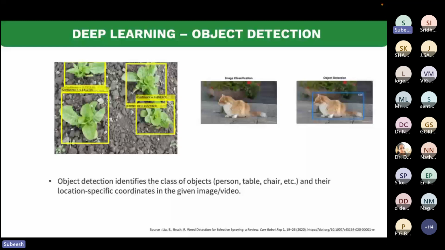Assume you are doing weed detection and building a robot for it. Let's say you're building with ROS2 or some robotic platform, and you integrate your deep learning model into that. Assume you have an object detection algorithm that can locate and give coordinates, the exact location of the weed. So you can do targeted spraying: you can activate the sprayer unit and spray on that, and in that way the weeds can be eliminated. This is a very well-known example, and with object detection, this can be achieved.